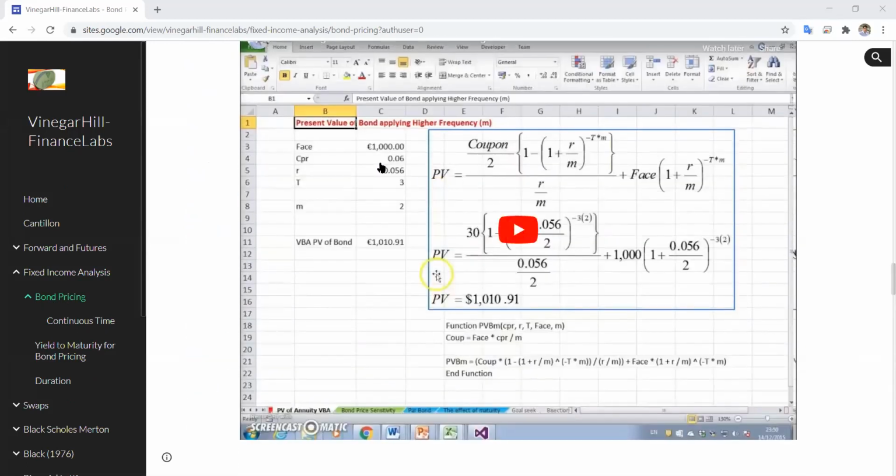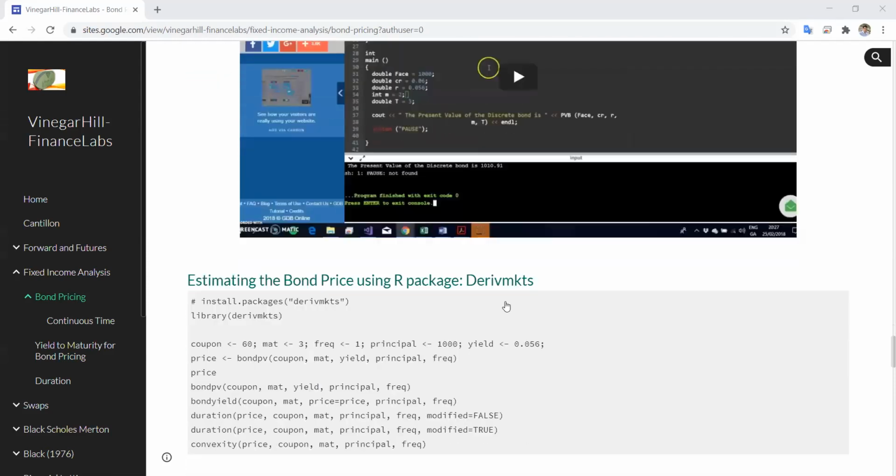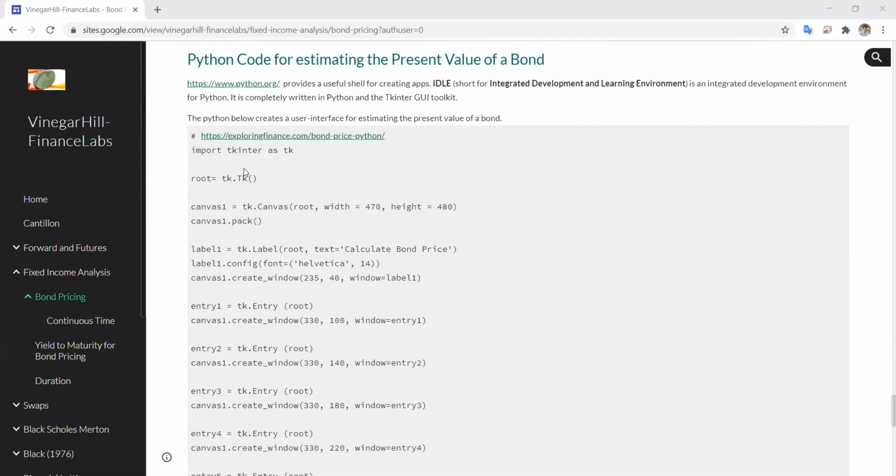We had this example here where the face value was 1,000, the coupon rate 6%, the risk-free rate 5.6%. The time to maturity was 3 years, and the frequency of compounding was twice a year. So the coupon occurred twice a year, and this was a present value annuity approach to running that estimation, and the value, again, consistent, 1,010.91 or 90.7. So let's go down and let's load this code into Python